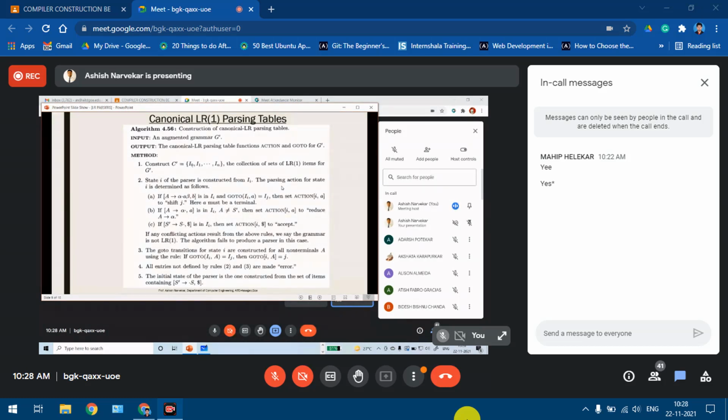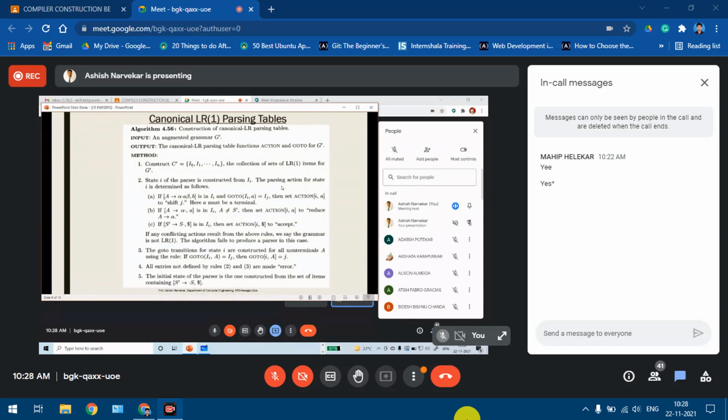Unlike in SLR1, where we were including reduce entries under the follow set of that non-terminal, now we include the reduce entries under the terminals appearing as look ahead in that respective production.